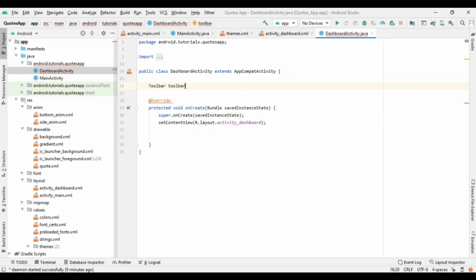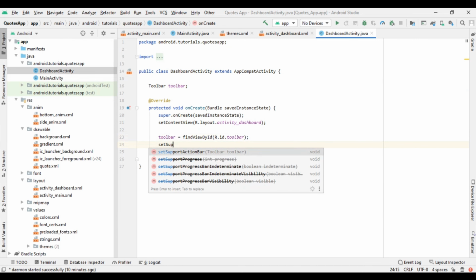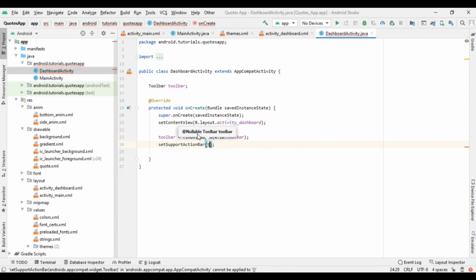So Toolbar, then cast it here. So you can see that toolbar is equal to findViewById(R.id.toolbar), and then close that and setSupportActionBar. So we are setting our toolbar to be action bar, so give it toolbar.